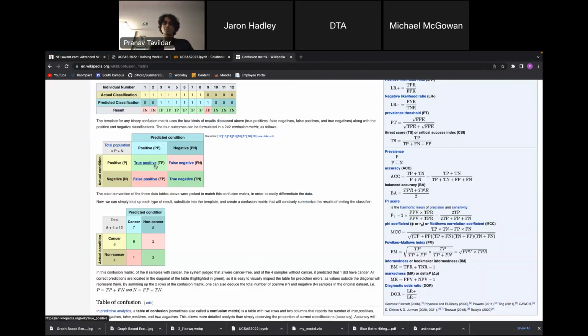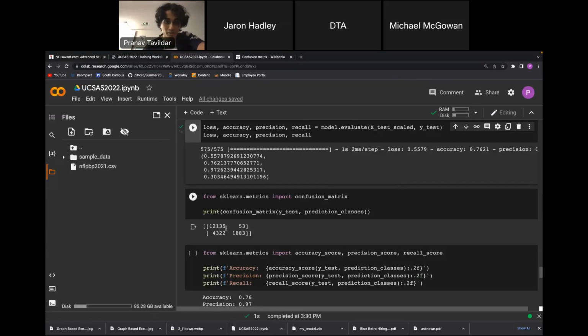So we have true positives over here, which is when we said that yes, first time is successful, and this is how we predict it. And then there's this one where it's not successful and it was true. But sometimes we also get it wrong, right? So we can see how it worked here.